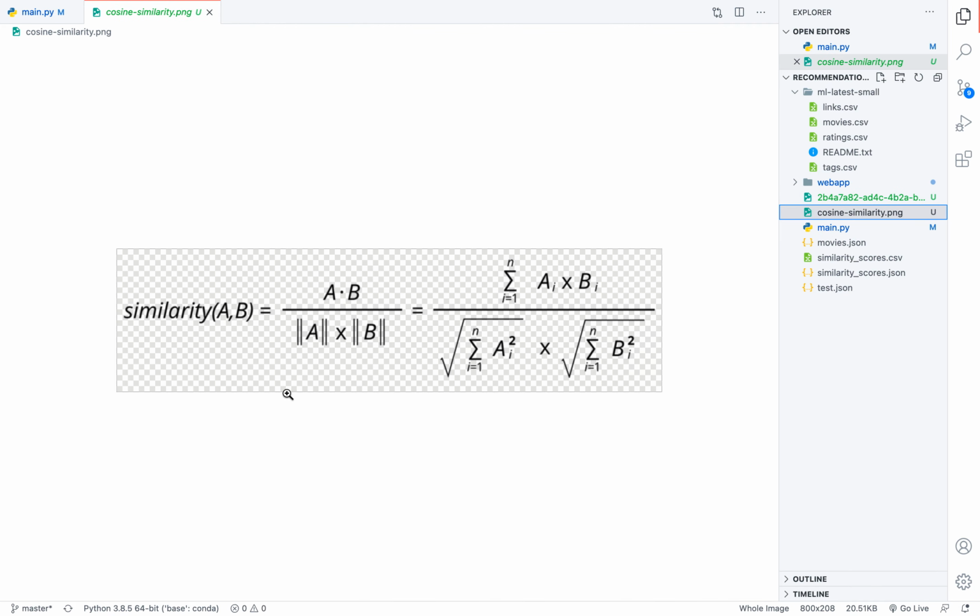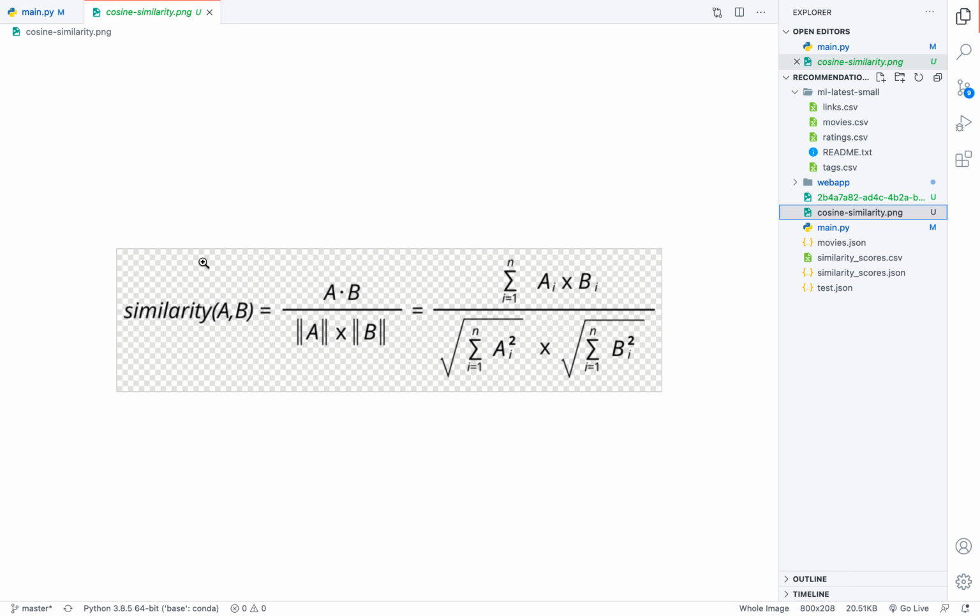So basically this is the formula. Similarity is nothing but the cosine of the angle, the similarity between A and B. Here you can consider A to be a vector and B also a vector. We are just taking the dot product of A and B divided by the magnitude of A times the magnitude of B. This formula will give us the similarity, or in short, the angle. So using this concept, we will code and build the recommendation system.